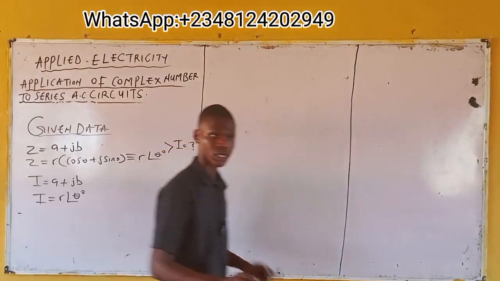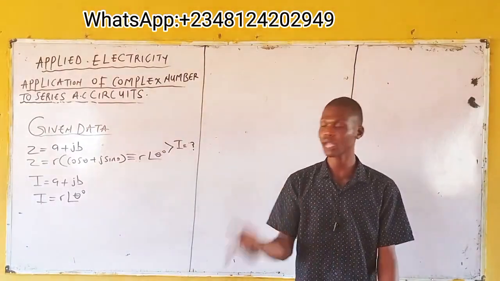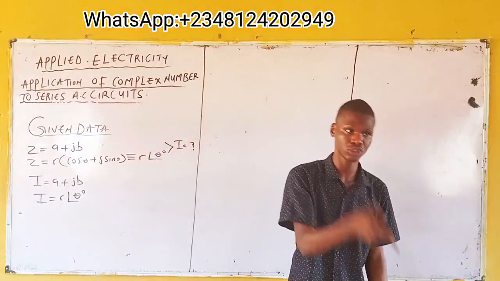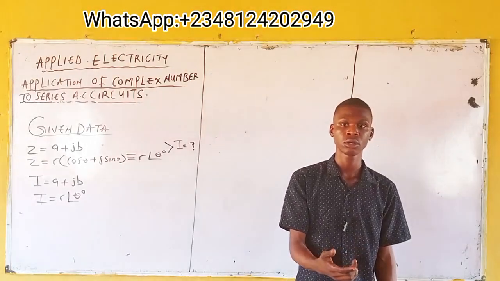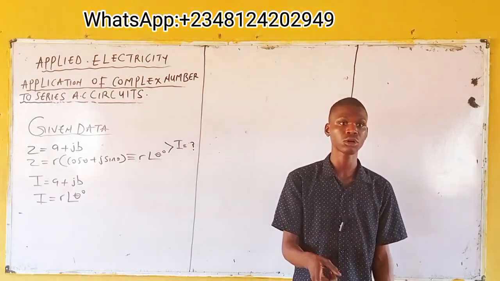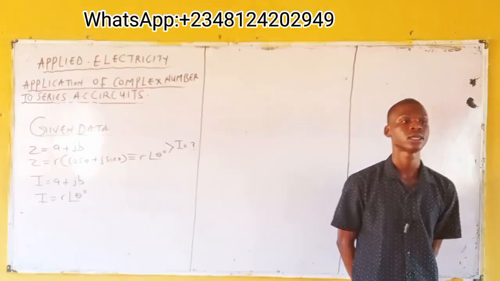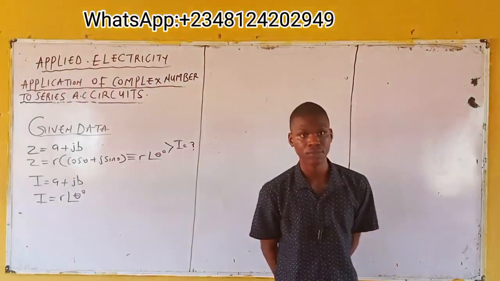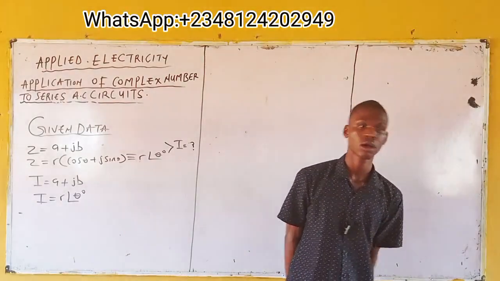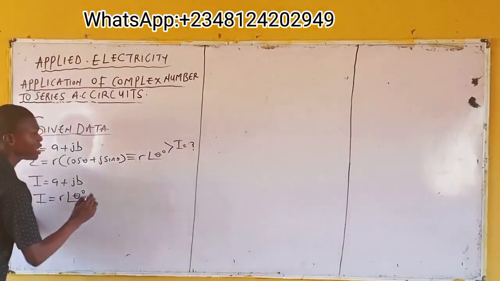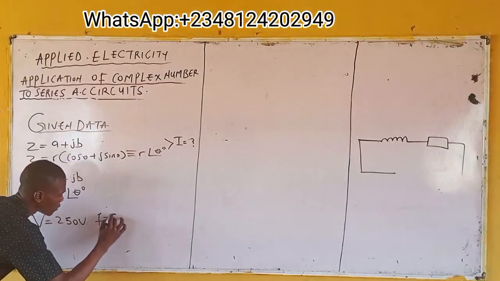Are you following the question? It says determine in rectangular and polar form the current flowing through an inductor of negligible resistance and inductance of 159.2 millihenry. From here we are given V to be 250 volts and f to be